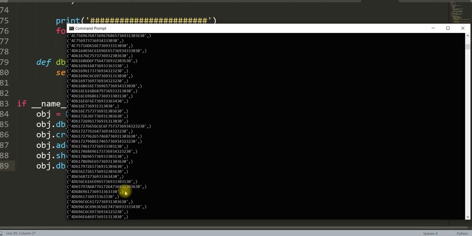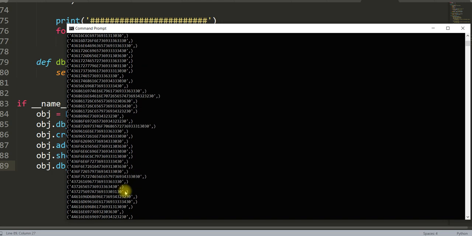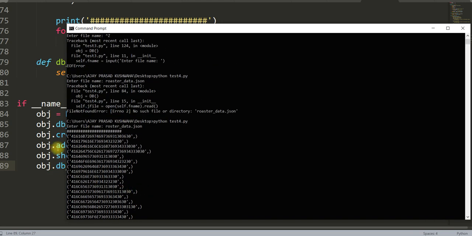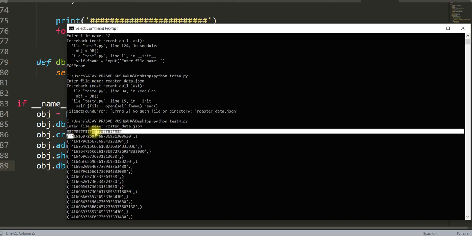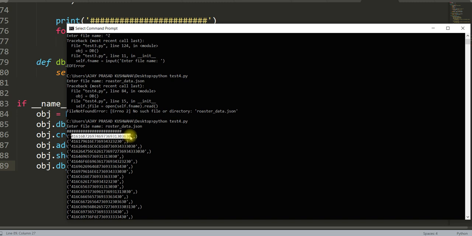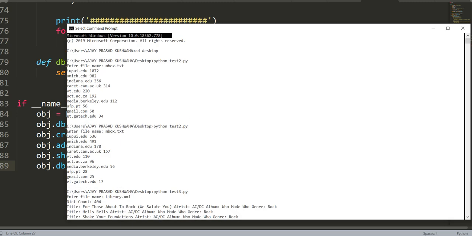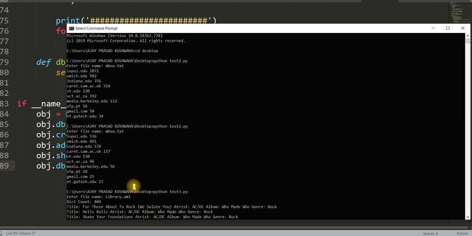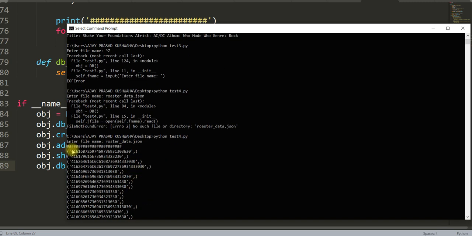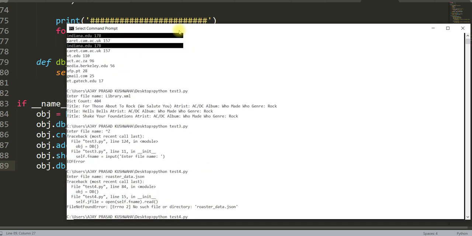So we have to copy one code. I am going to show you which code. Actually this 416. Actually with this number name only. Okay, so you select it.